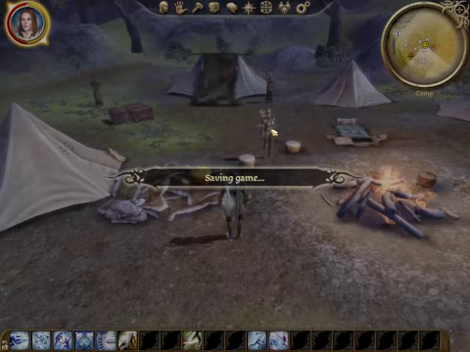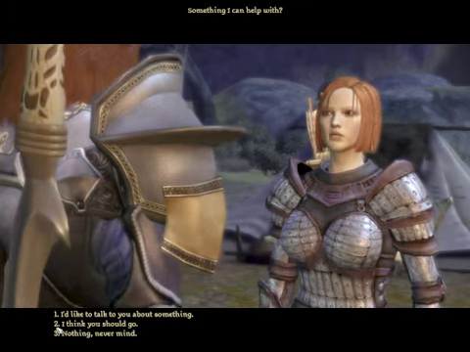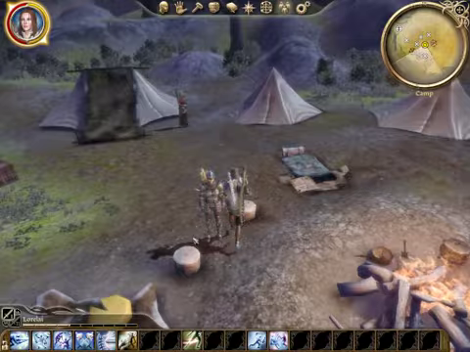Talking with Liliana, what does that do? Does it trigger anything? Something I can help with? No. But I think Wynne...